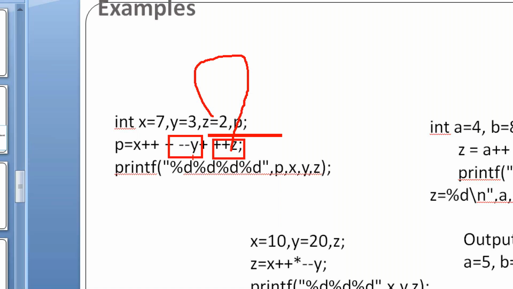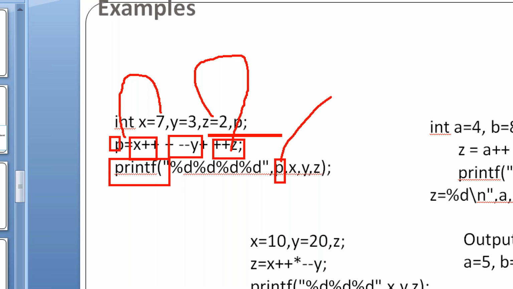Then --y will be 2, the decremented value. x means it is 7 only, because it is post, the value is not incremented. Now 7 plus 2, 9. 9 plus 3, 12. So what is the value of p? It is 12.